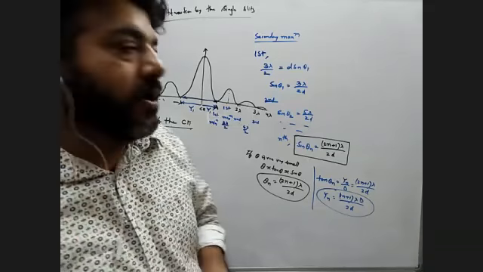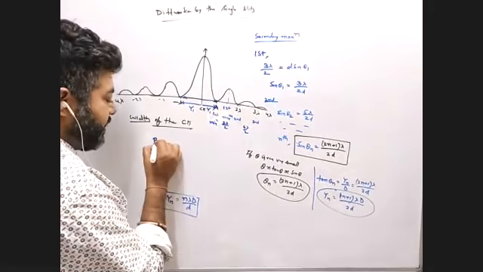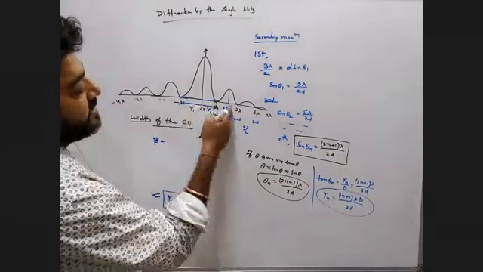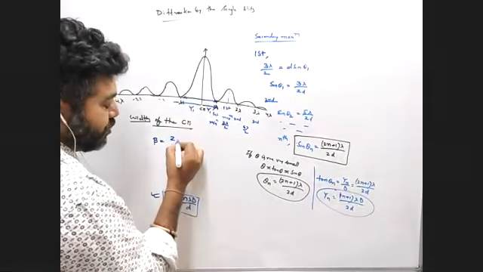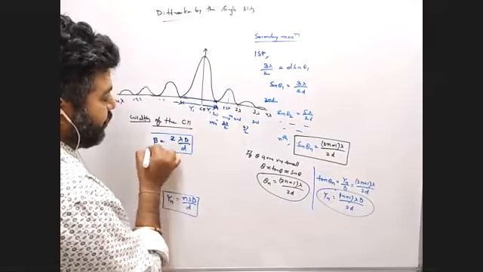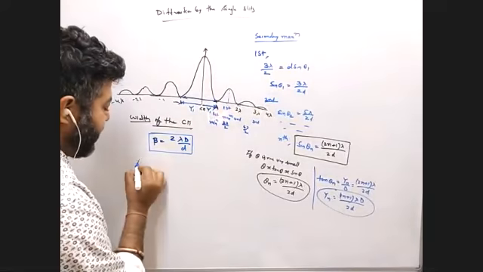Okay. So width of the central maxima beta, what we can write? n is 2 because this side 1, this side 1. So we write 2 lambda capital D by small d. This is the width of the central maxima. And another thing you have, that is the angular width.